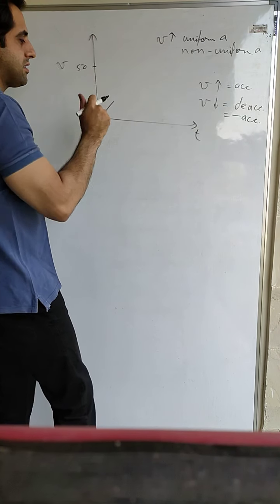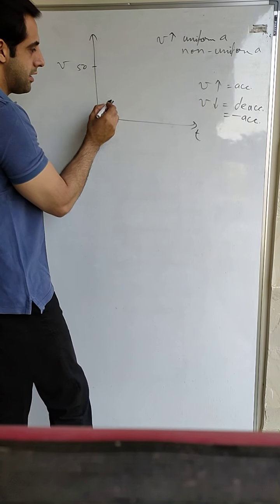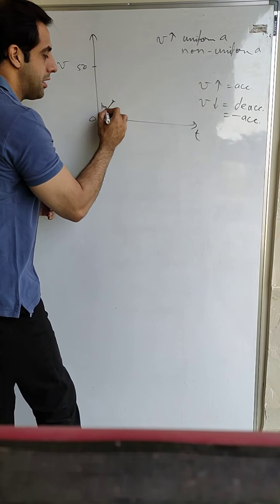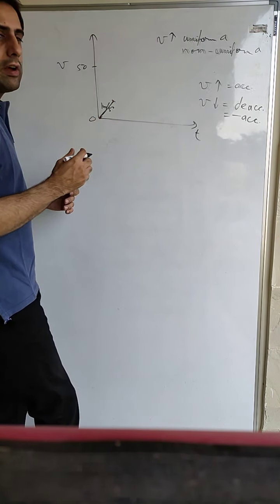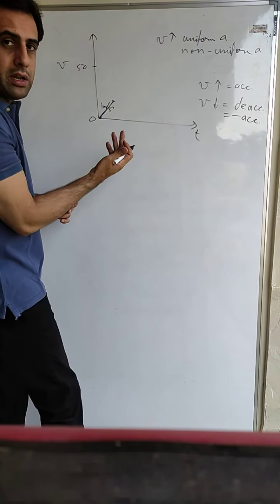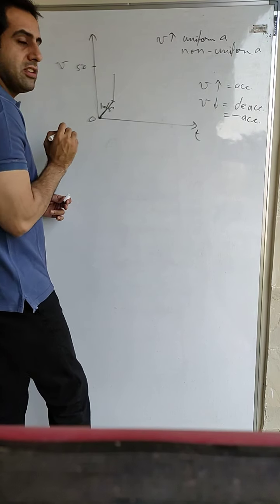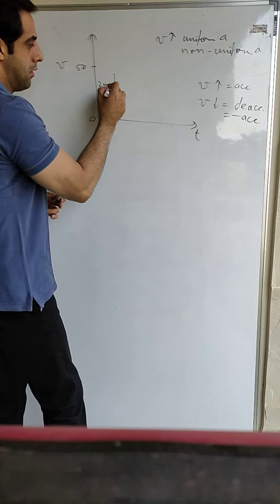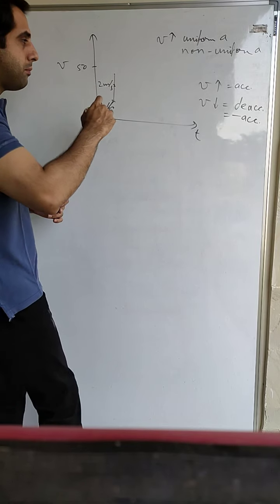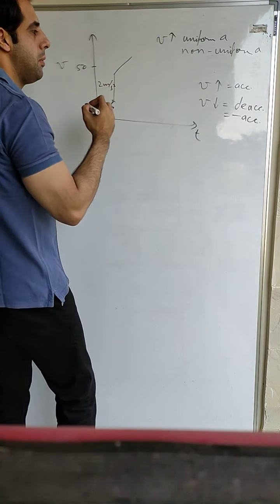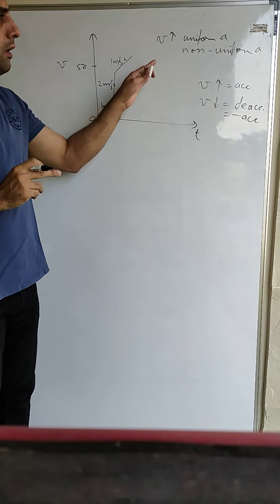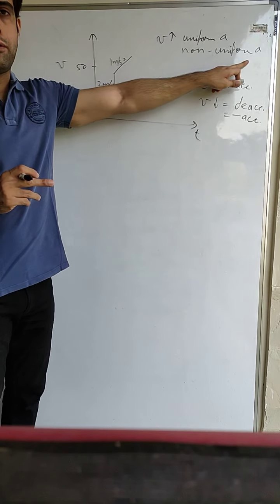Okay, so uniform acceleration. If it is a non-uniform acceleration, then in that case the line will go like this. Now suppose at this point the value of acceleration changes. Till this point, if the value was 1 meter per second square, and now after this point the value is 2 meter per second square, then the velocity will increase more rapidly. So the curve will go like this. Suppose after this we decrease the value back to 1 meter per second square, then again the velocity will be increasing like this. So this will be the kind of graph if the velocity is increasing with a non-uniform acceleration.